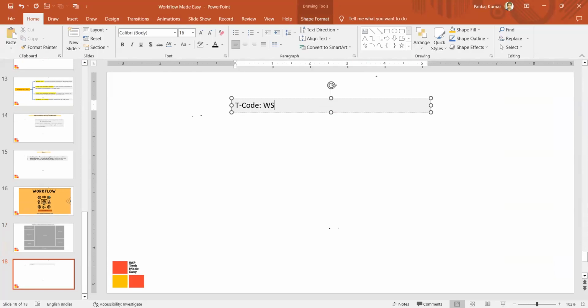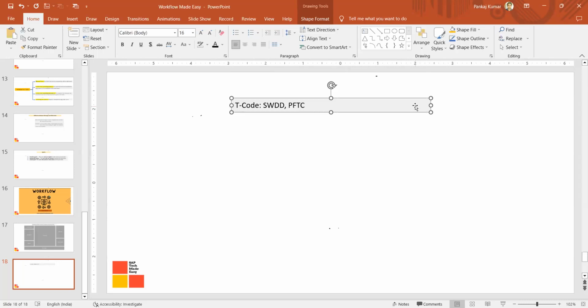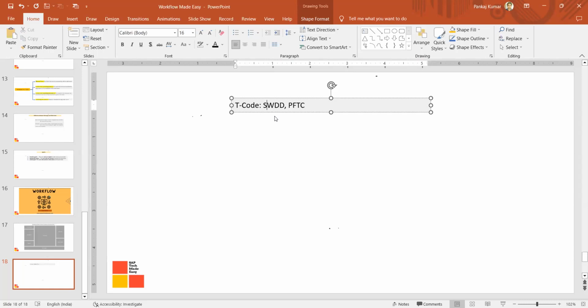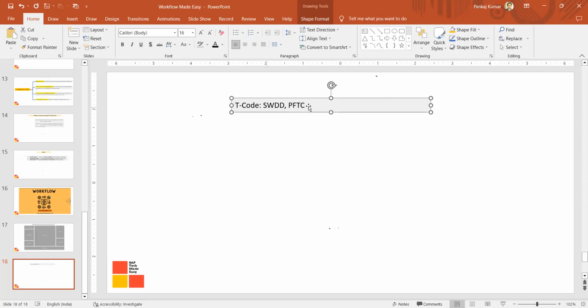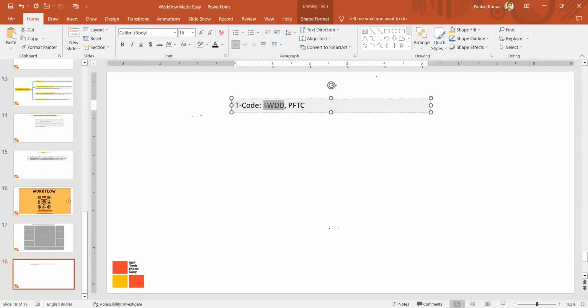You can use SWDT or PFTC. These are the two transactions you are going to use when you have to create the workflow. PFTC is to create the task. From there also you can create the workflow, and SWDD is the workflow builder where you can go and explore the workflow, and it always opens in the edit mode. Okay,